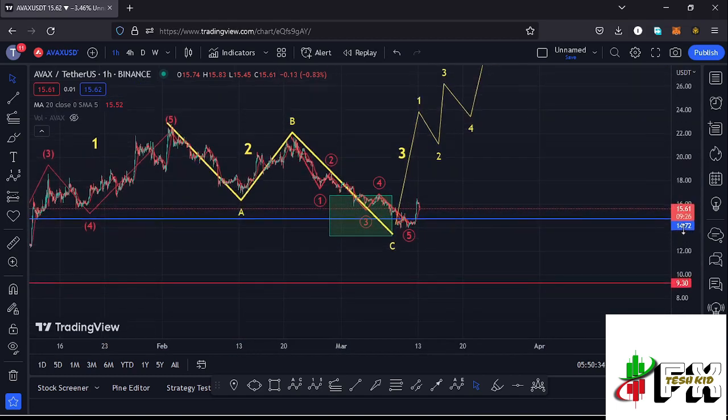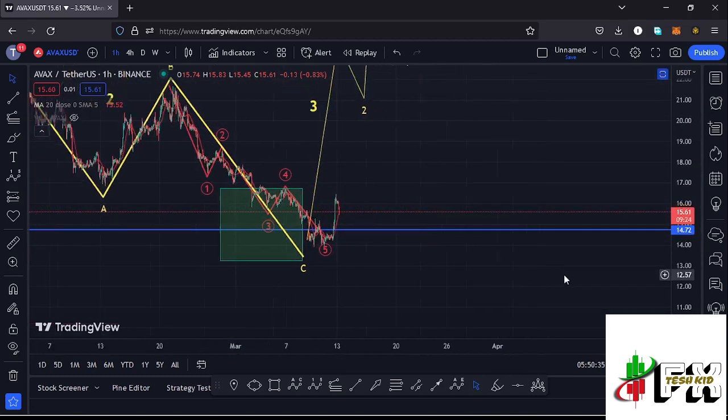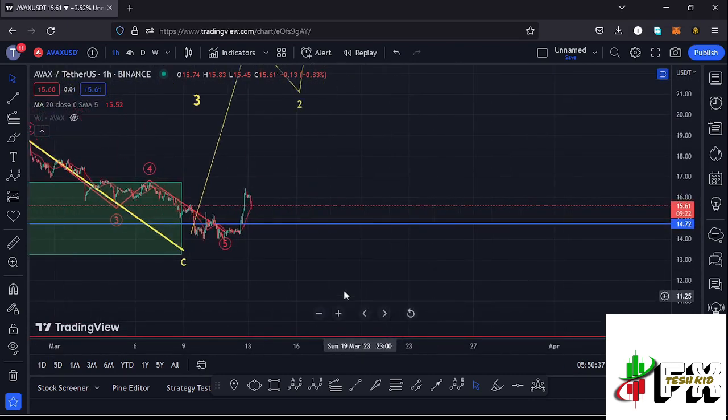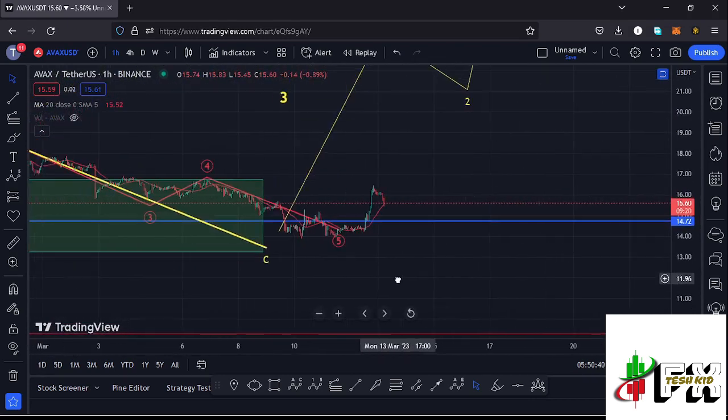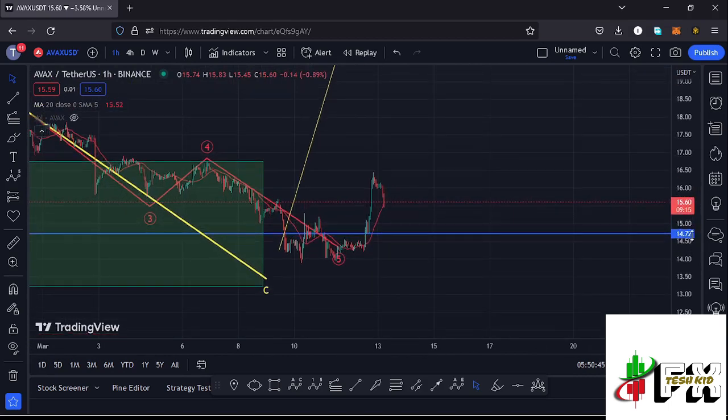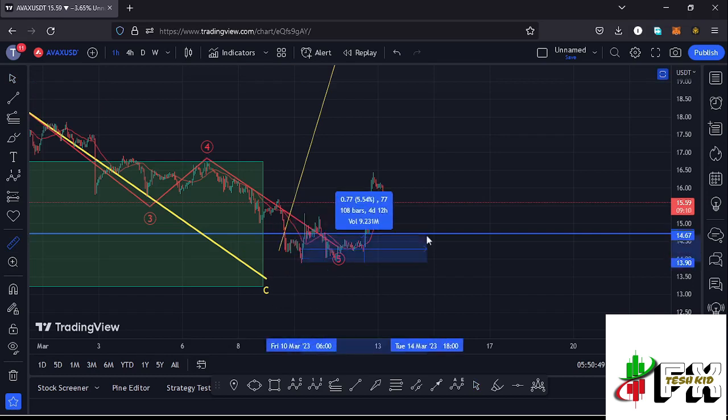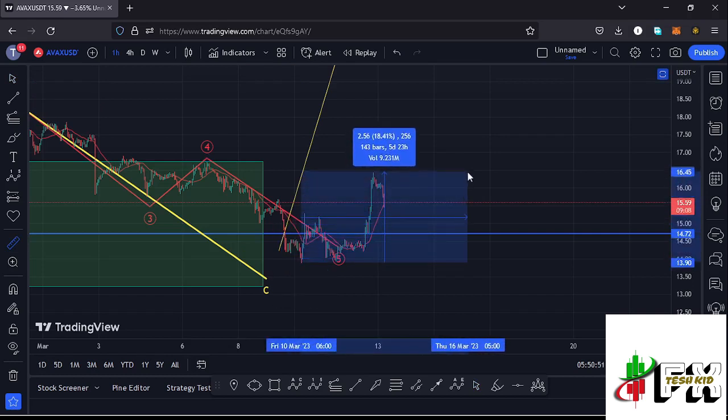over here. And if I zoom in so that you can see that better, you can see that after seeing our low in the formation of that wave 2, we have been seeing a bit of a bounce to the upper side. And I can first give you a measure from that low in the formation of wave 2, where you can see that the market is up by more than 18.41%, which is a very nice bounce to the